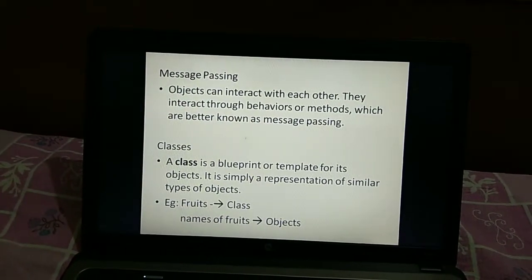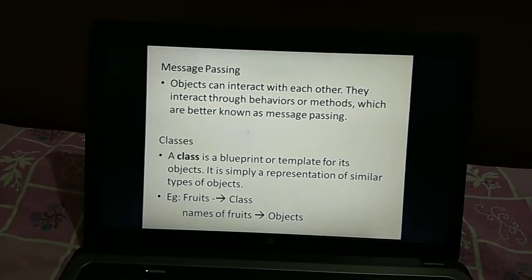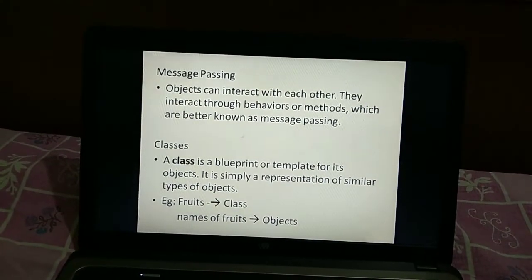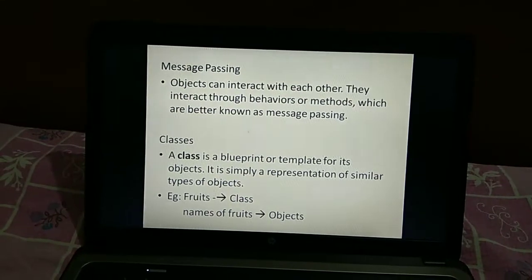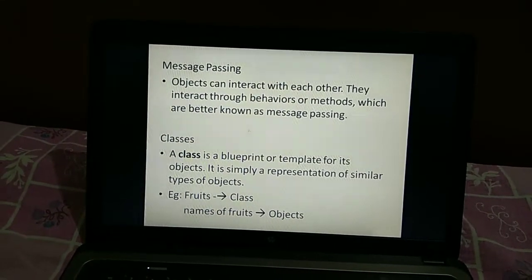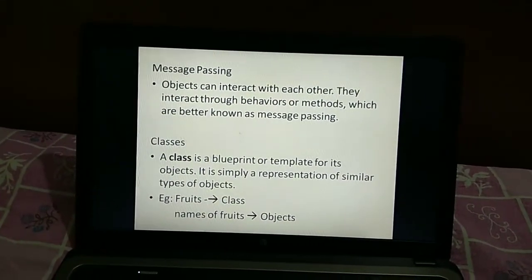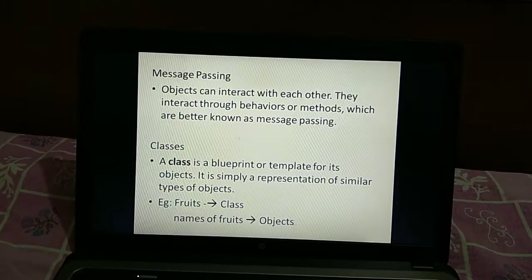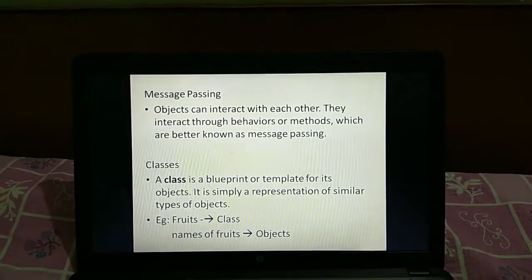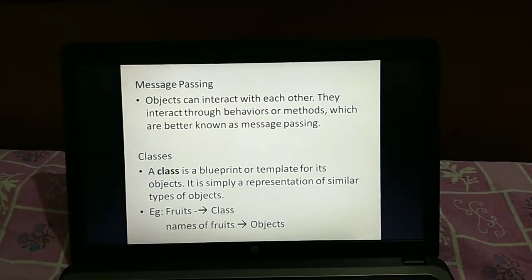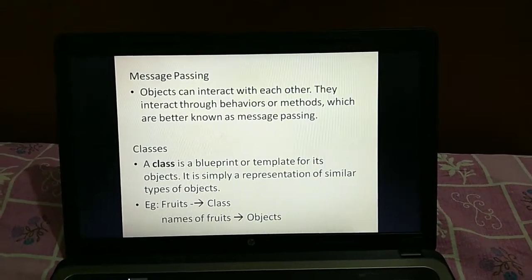They can interact with each other by the behavior or the method called message passing. Okay, so behavior is called under which world? Behavior is called under the real world, and methods are called under the software world.